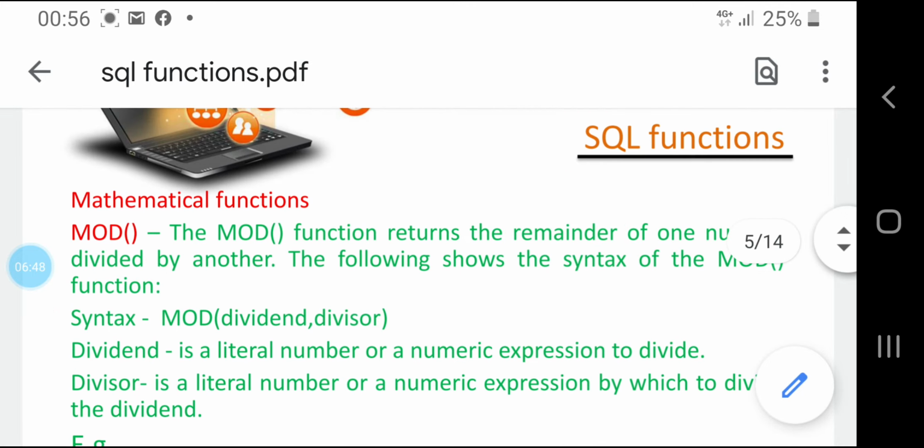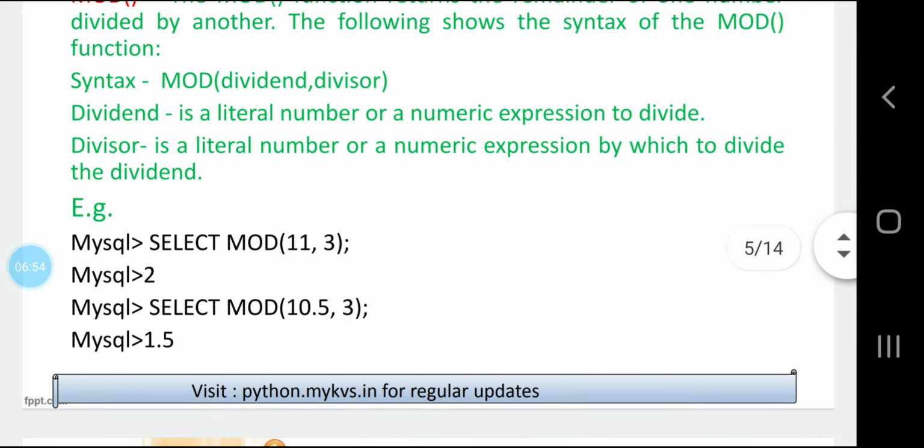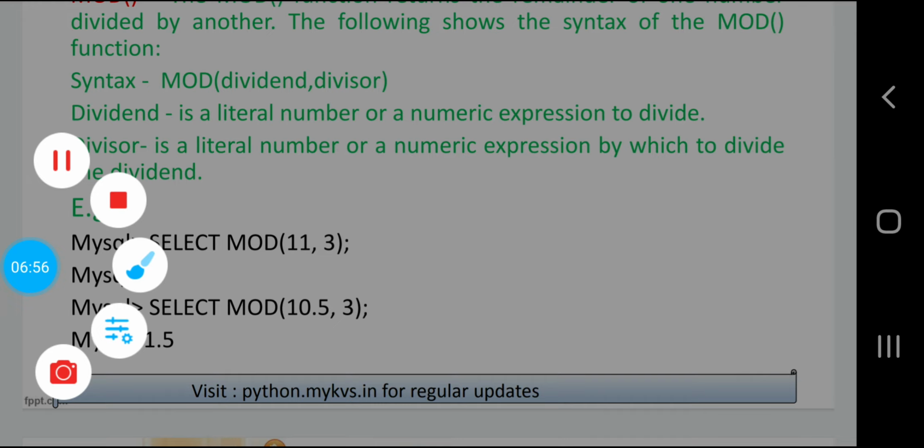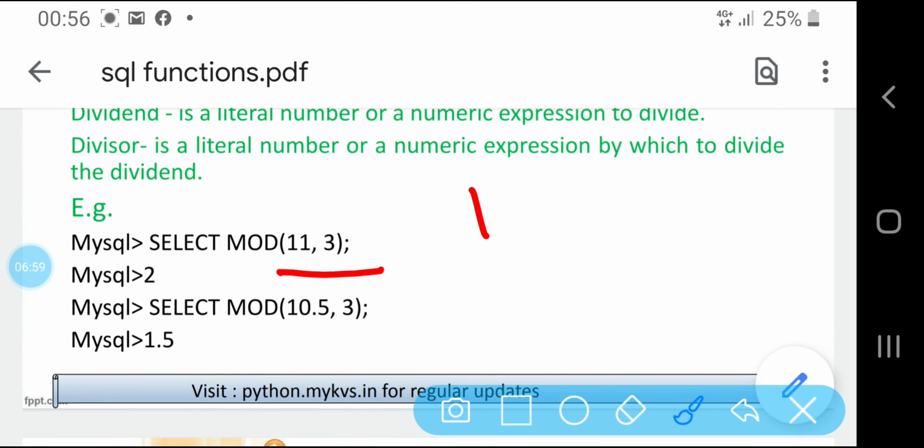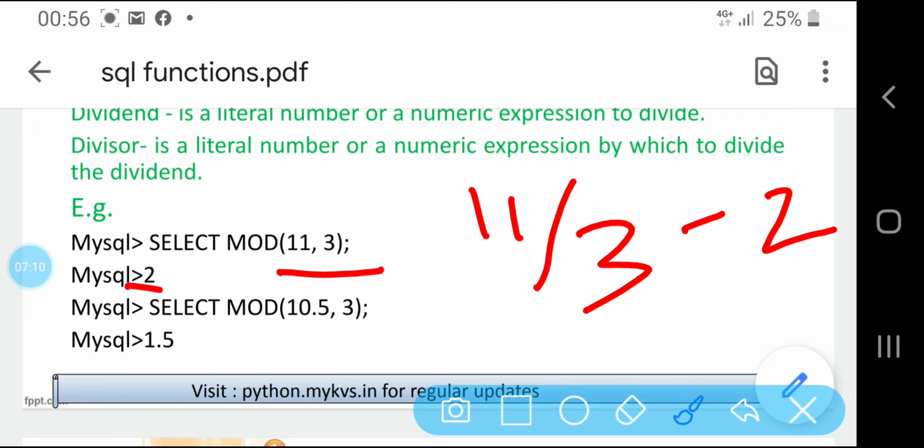You can see in this example, select mod 11 comma 3. 11 will be divided by 3. What will be the output? 3 threes are 9 and 2 will be the remainder, so the output will be 2. Similarly, 10.5 divided by 3: 3 threes are 9 and the remainder will be 1.5. So it is simply returning you the remainder.